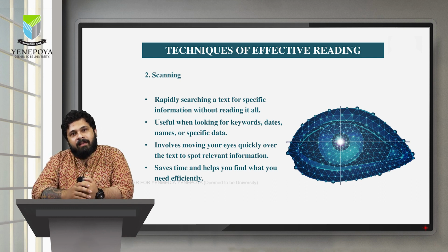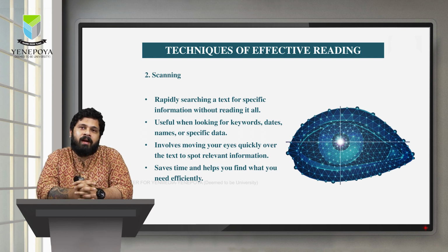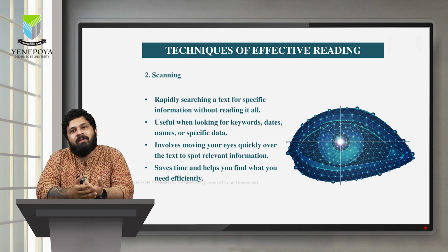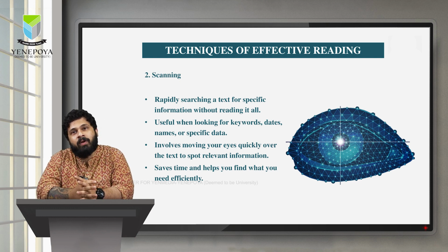Scanning is a technique that requires concentration and can be surprisingly tiring. You may have to practice at not allowing your attention to wander. Picture yourself visiting a historical city with a guidebook in hand. You would most probably just scan the guidebook to see which site you might want to visit. Scanning involves getting your eyes to quickly scuttle across the sentence and it is used to get a simple piece